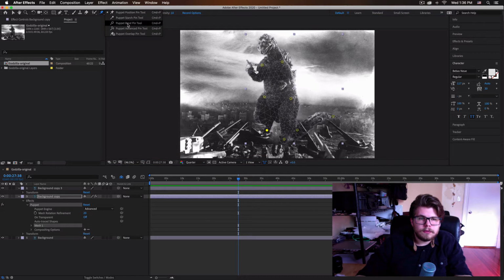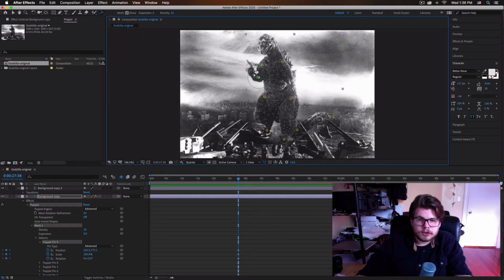So I'm going to jump over and do Puppet Advanced Pin Tool, which will give us rotational and scaling options. Obviously, we won't want to scale this too much because it'll just end up looking very strange, but the rotational function is extraordinarily easy for moving his arm back and forth. So I'll put one there, and then I'll come back over here and put one in the hand, and then I'll put one in the center of the tail, and maybe in each knee,